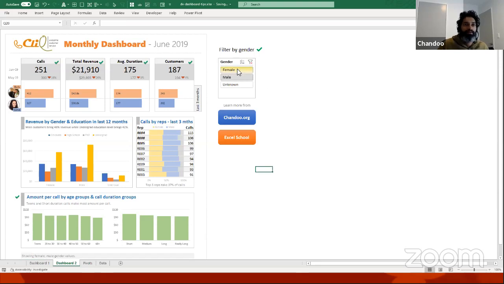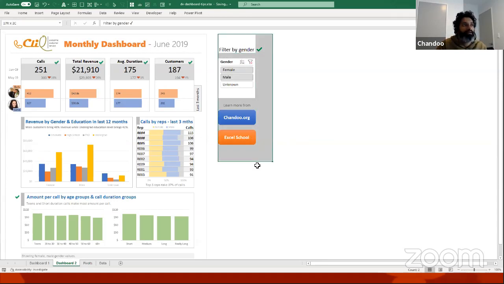Another thing with interaction effects is, whenever you are adding interaction, you always need to think, is this interaction going to work out well in all mediums where this report may be consumed? For example, the interaction works beautifully when you are watching it on a screen like this. But what if I'm printing this, right? If I'm printing this, even if I see these, I can't really do anything to them.